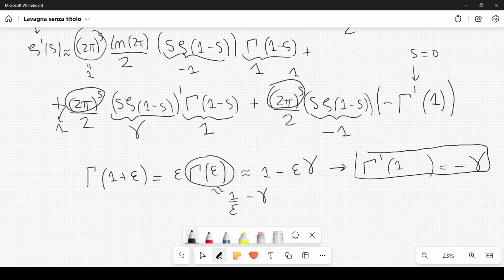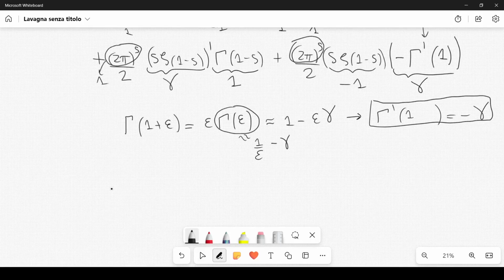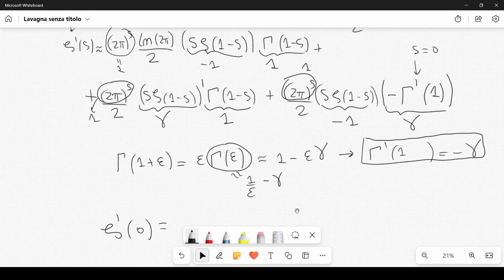The Euler-Mascheroni constant, as you can see, it is something that often appears when we deal with the gamma function and the Riemann Zeta function. In the next few videos, I want to show you why gamma of epsilon can be approximated in this way. But here we will use this fact, so minus gamma prime of 1 will be equal to gamma, the Euler-Mascheroni constant. Therefore, zeta prime of 0 will be equal to, and it is exactly equal to what we see there,